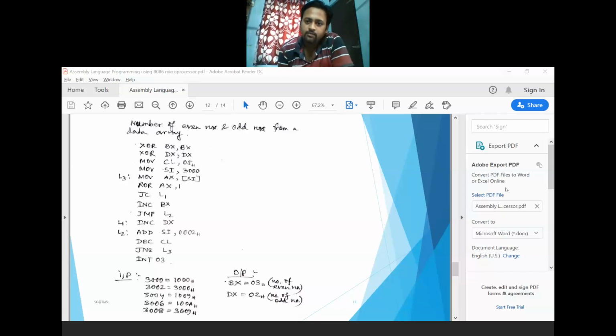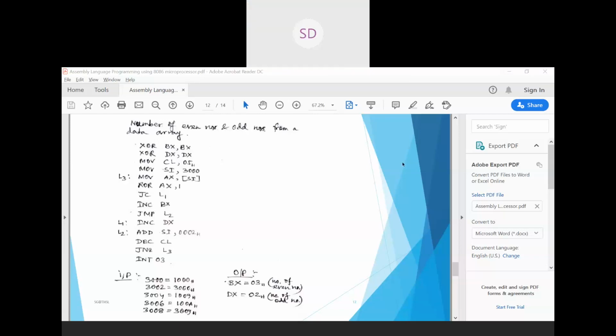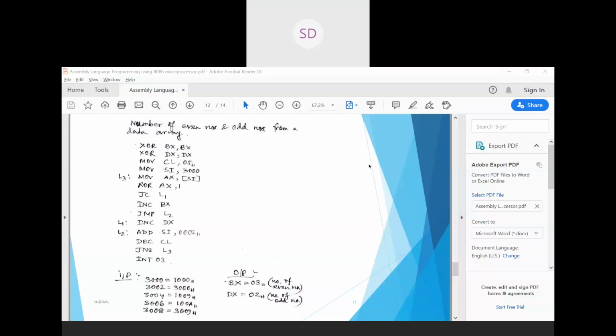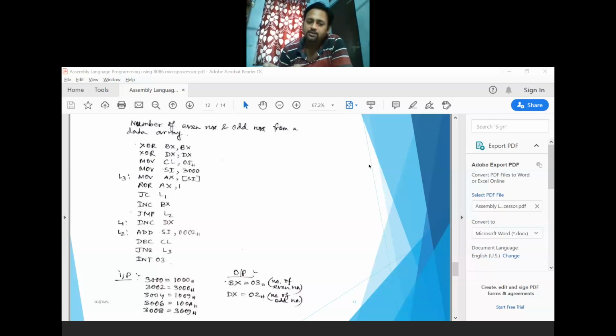Can we change the CL, how many numbers we want? Yes. We will choose the CL as per the number of numbers we have. I have 5 numbers. So 5 times I need to execute my rotate instruction to check the 5 numbers. That's why my CL value, the count value, is 5. If there are 10 numbers, you have to check the 10 numbers individually, so your count value will be 10. If you have 100 numbers, then your count value must be 100.